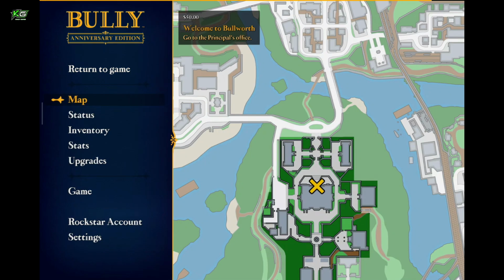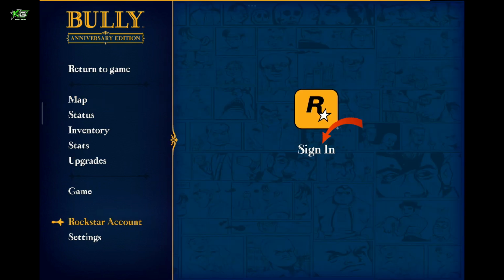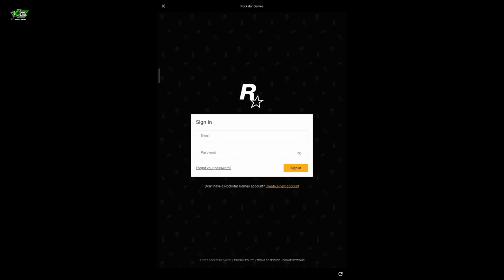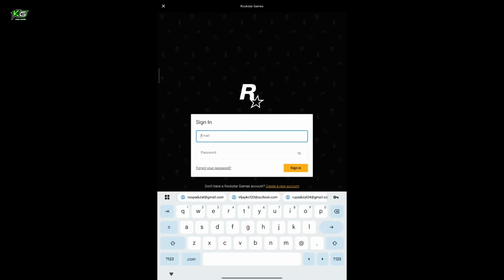From here, click on Rockstar account at the bottom left. Now, click the sign in button and then you'll need to log in using your Rockstar account's credentials. If you don't have a Rockstar game account yet, click on Create a new account at the bottom and follow through the instructions. If you do, click on the Email tab and enter your email address associated with your Rockstar